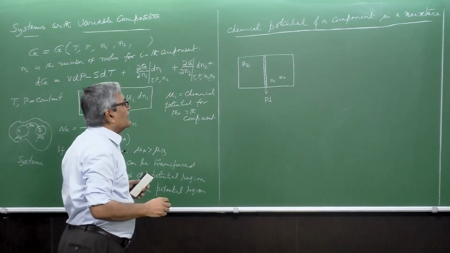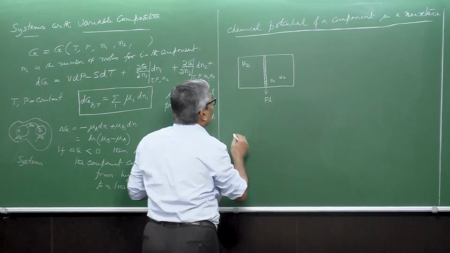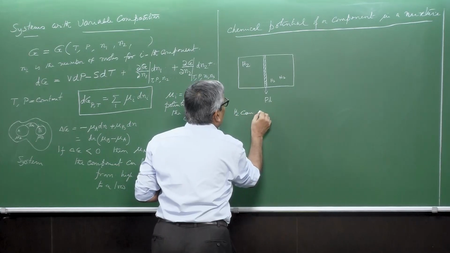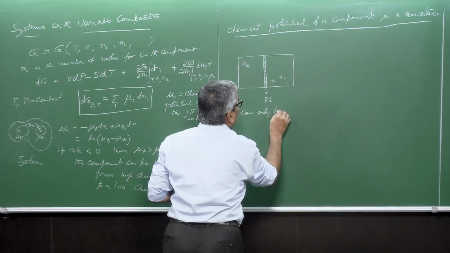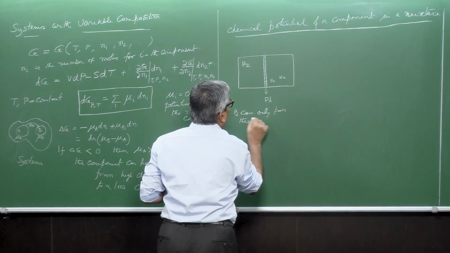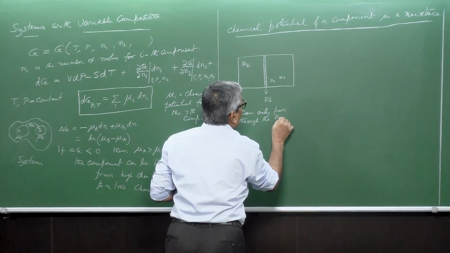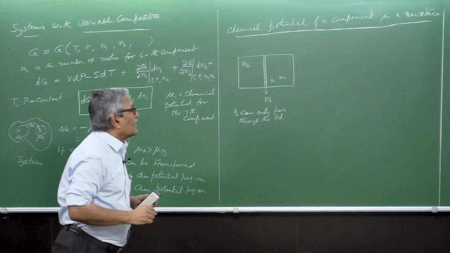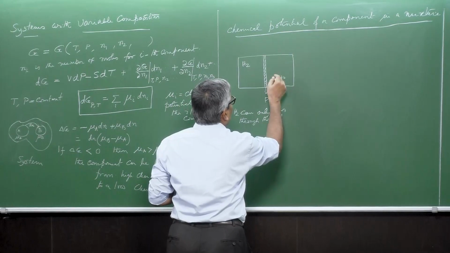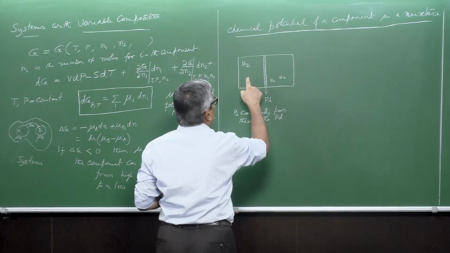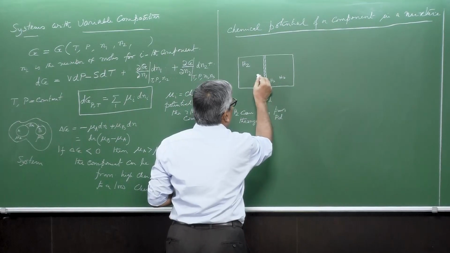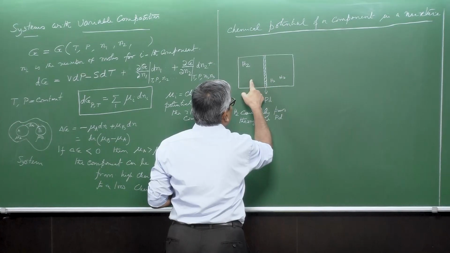So what happens is that hydrogen gas can only pass through the palladium diaphragm. Since they are just gases, hydrogen and nitrogen, on this side I have a mixture, and hydrogen gas can pass from here to here or here to here,